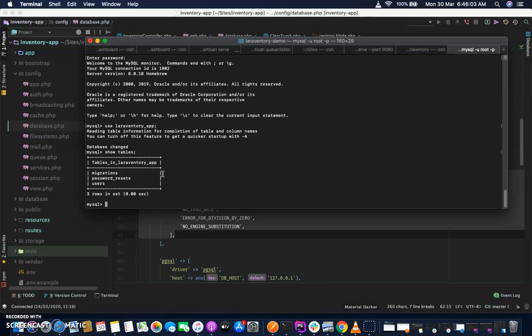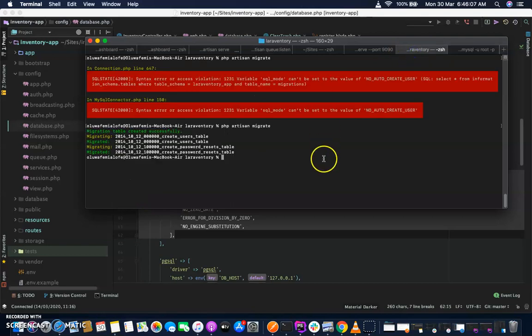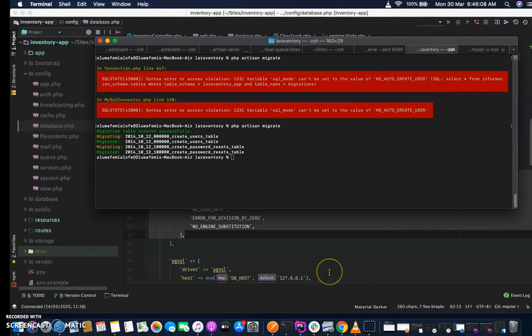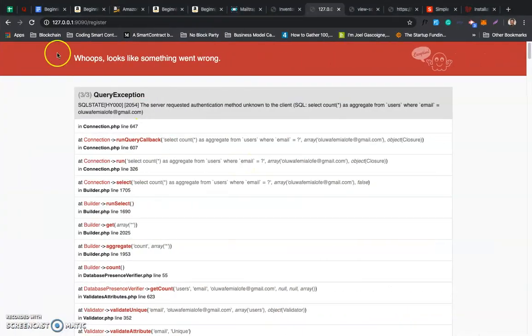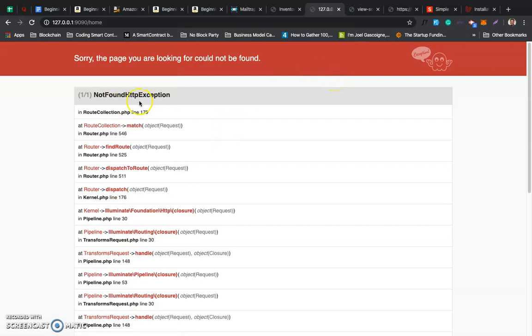Very easy to set up to create a database. So that's it. It's there. We have users and password resets. They are there already. So if we go back, let me minimize this. We go back here now. We submit this form. See, it has created a user, but then